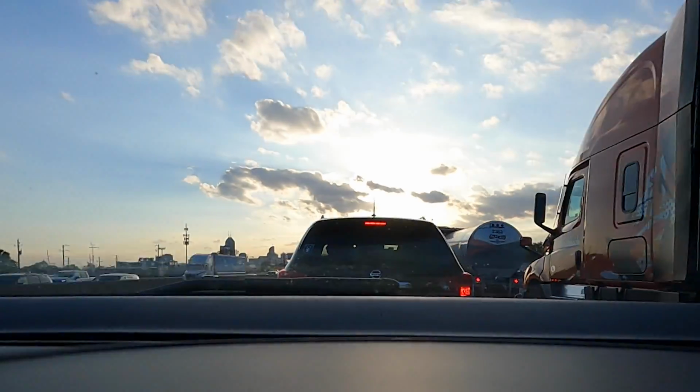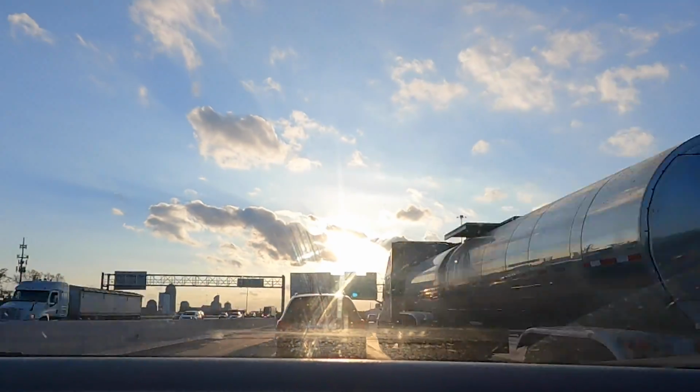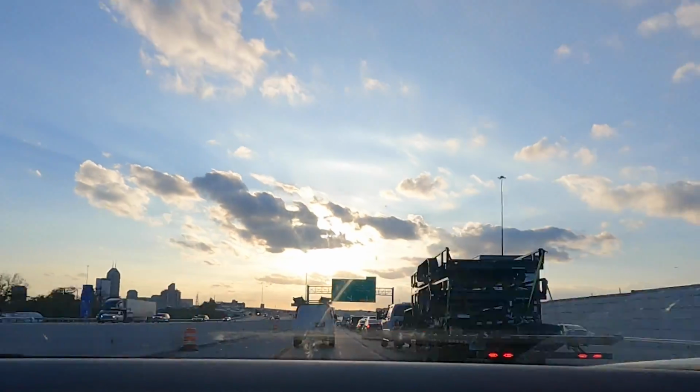Back on the road. All right, update. We are stuck in traffic on some highway on the outskirts of Indianapolis, but we're inching our way towards Indianapolis. Hopefully we'll make it by the time the race starts. There we go. All right, so we made it. So this is the room tour,